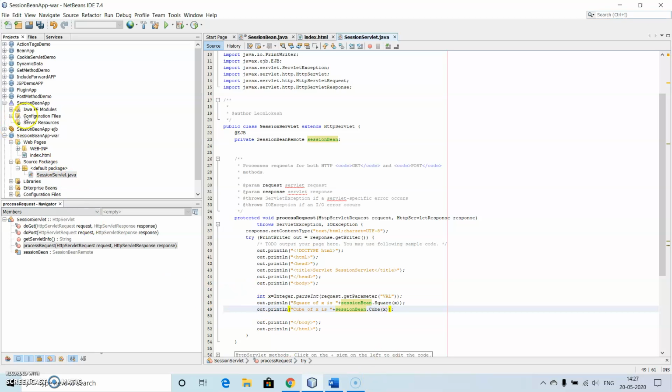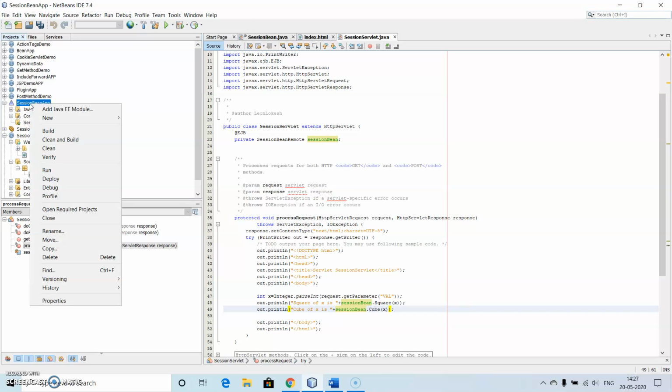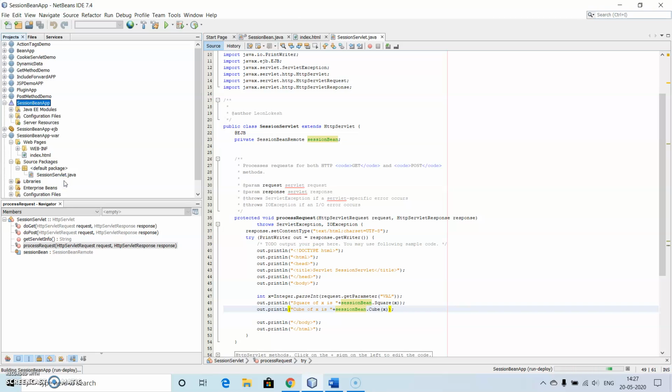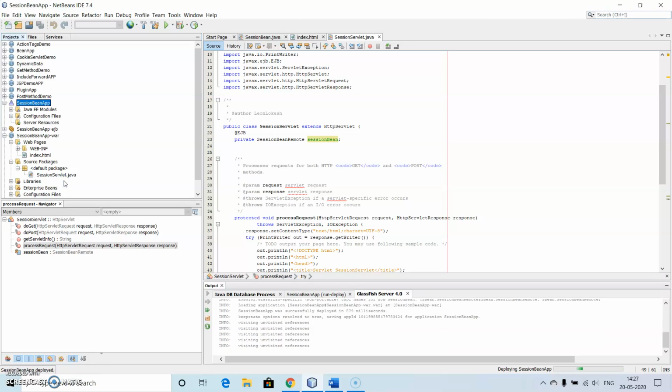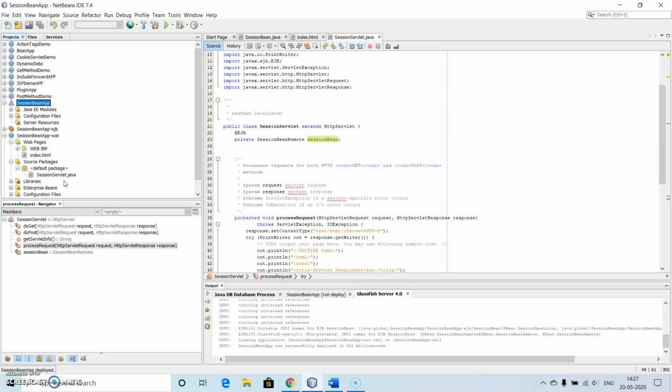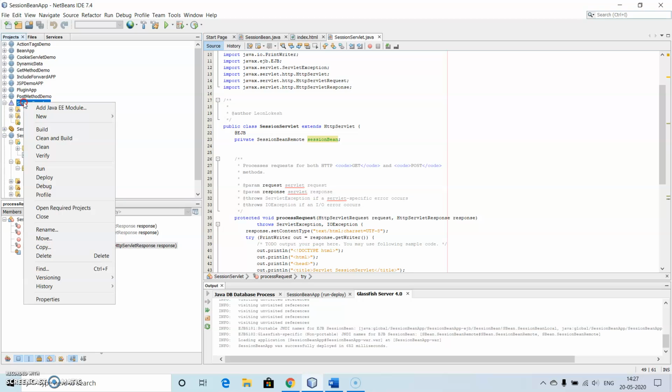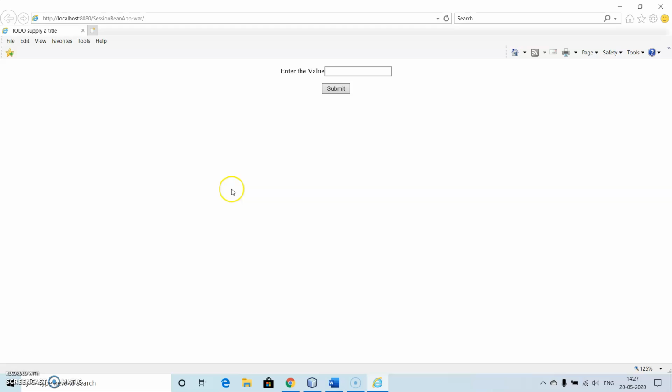So let's go here to the enterprise application, right click, then deploy. So it was deployed successfully. Now run this program. So here we are getting the HTML file with the value as 5. So you can see square of x is 25, cube of x is 125. So this is how we are going to run the